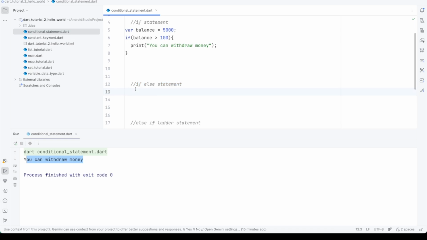Next is the if else statement. Here I'll take one example. var age equal 16. Okay. And now here let's write the condition. If age greater than 18, then here let's print one statement: "You are eligible for driving